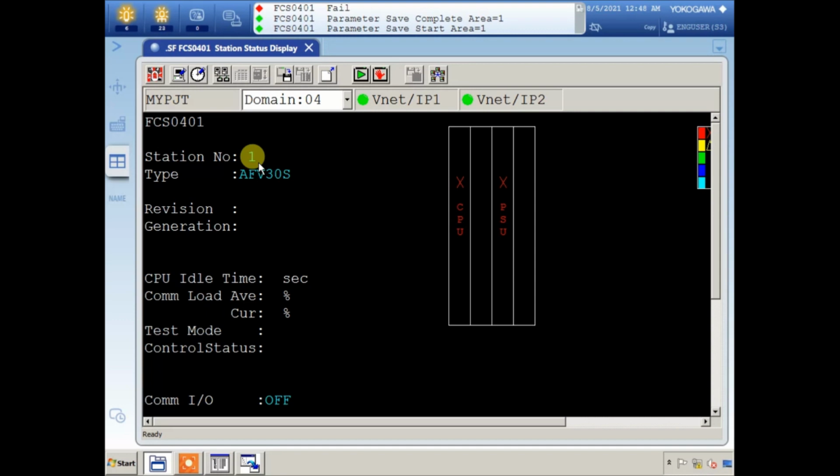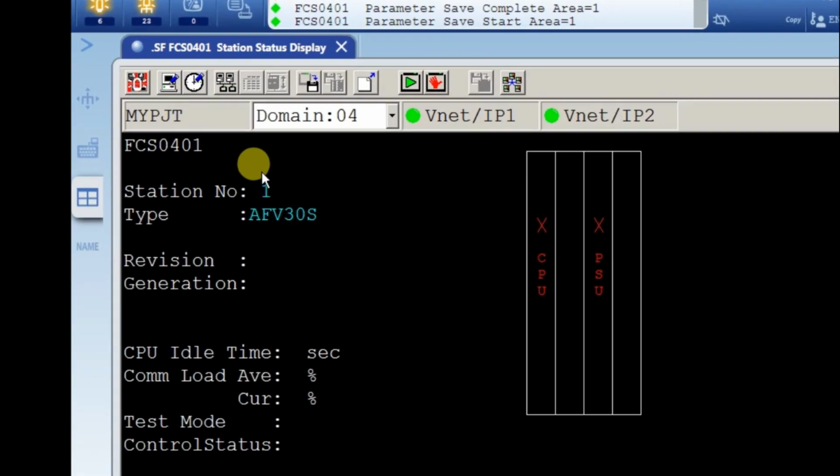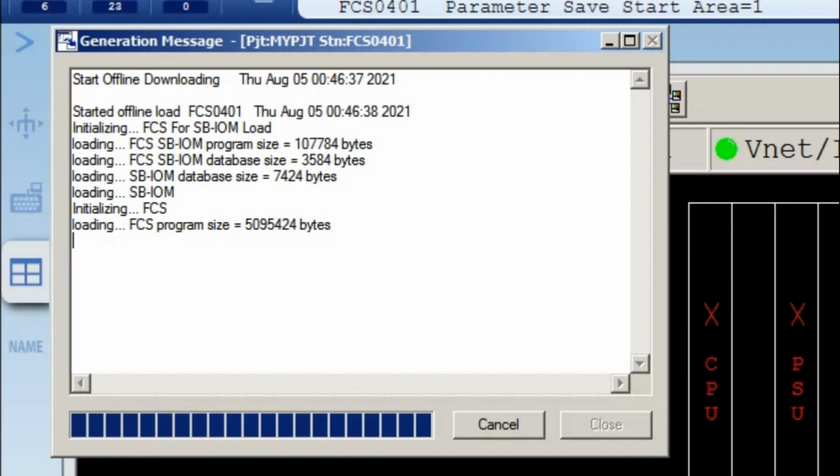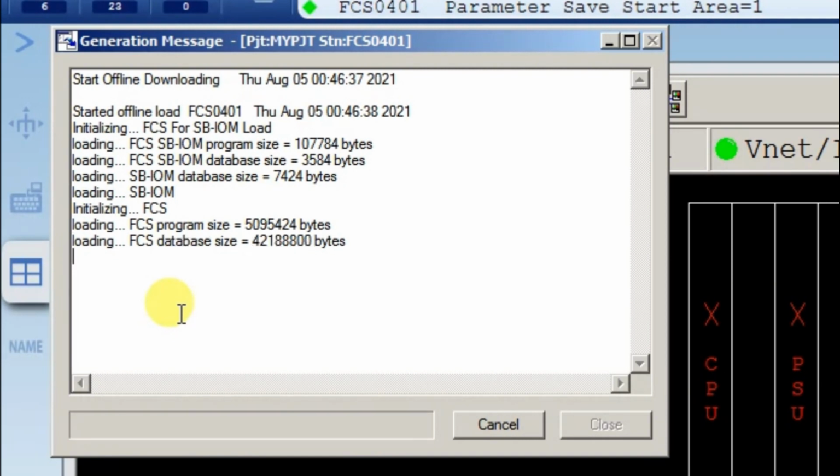If you have another FCS, then you have FCS 0402, like that. You can see the status here, offline download status. This is your program size, database size.